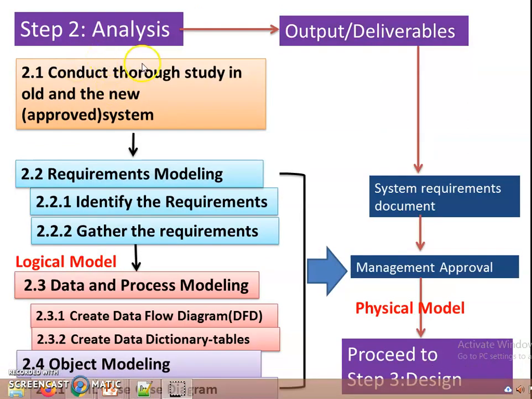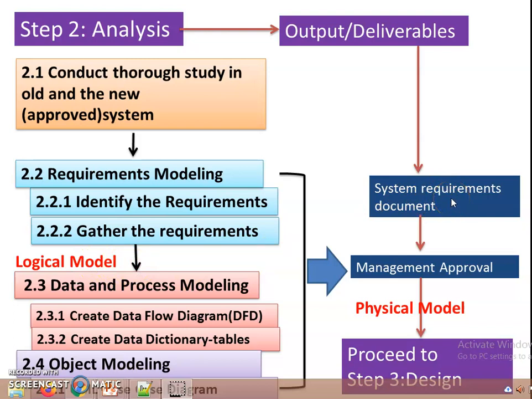Here, the system analyst has to conduct a thorough study of the old or the current system, as well as the new or the approved system, by performing the requirements modeling process. Remember what we discussed during the requirements modeling process. We said that the system analyst has to use different fact-finding or requirements gathering techniques in order to identify the user and the system requirements, which will be used later. The information will be used later in the making of the logical model and in